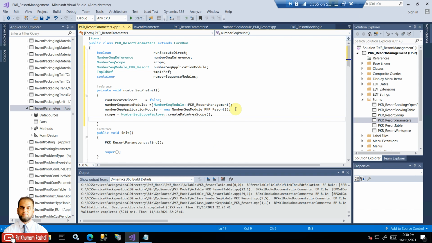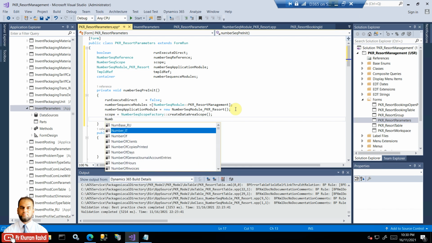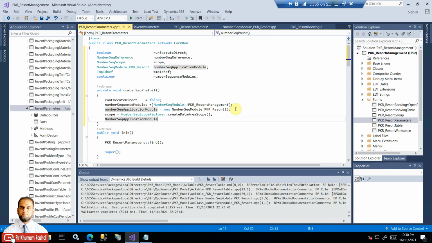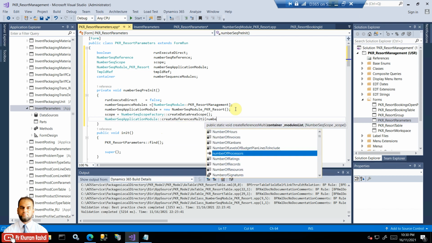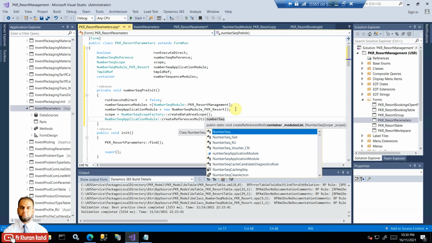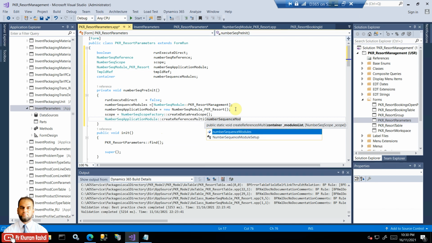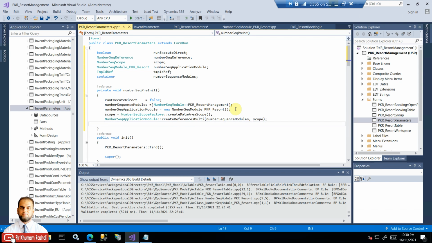Okay, then number sequence application module, create reference multi, number sequence modules, then scope. Okay, temp id ref dot set temp data. Basically this is for the temporary table,